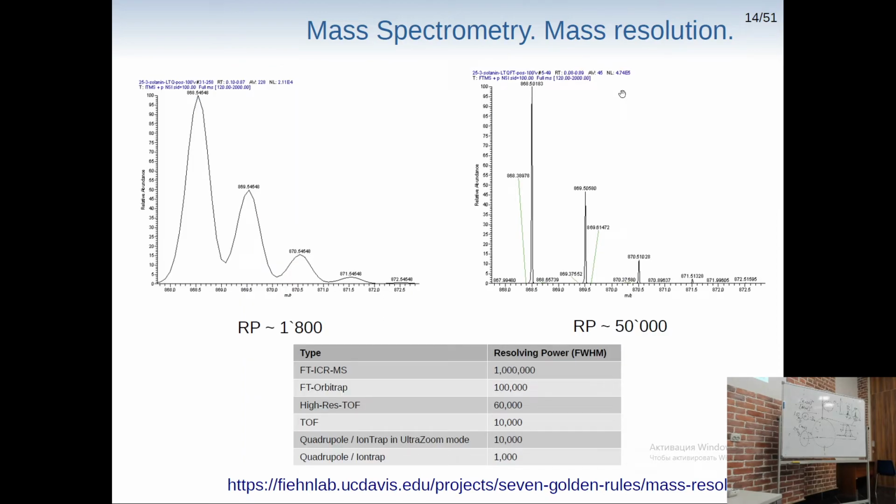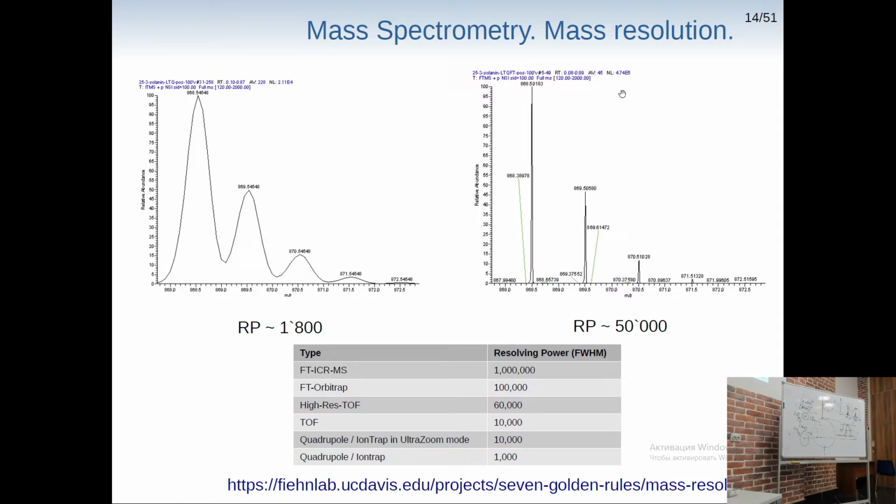There are different types of mass spectrometry equipment, and as you can see, resolving power is also different. For small peptides, a quadrupole is enough. Of course, it's not quite good for proteomics, but a quadrupole can be used. If we are working with peptides and want to see small differences, for instance, oxidized methionine and phenylalanine, which have almost the same composition,